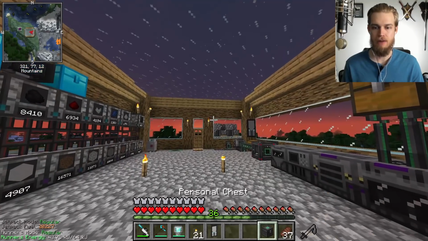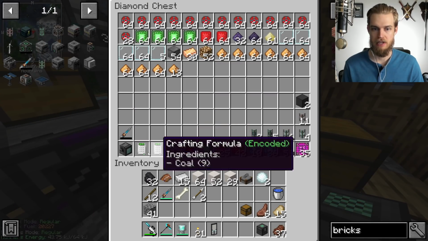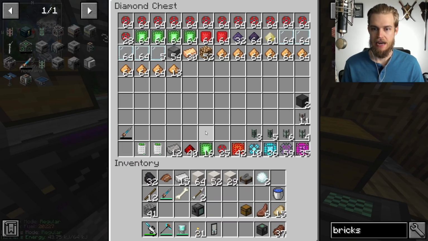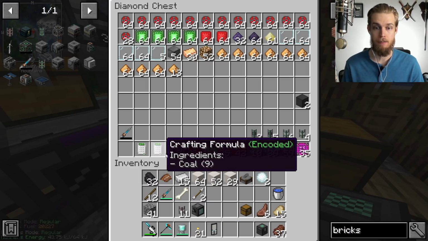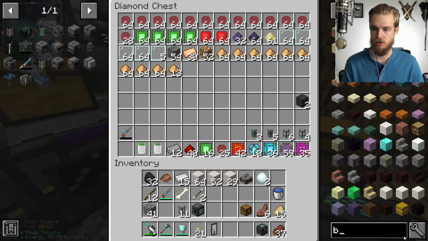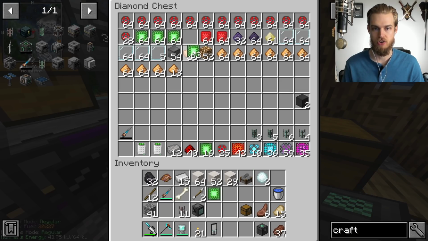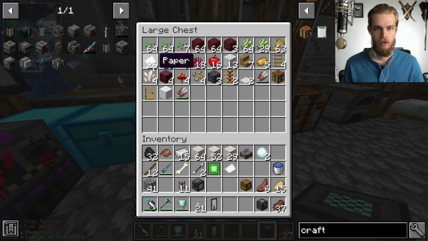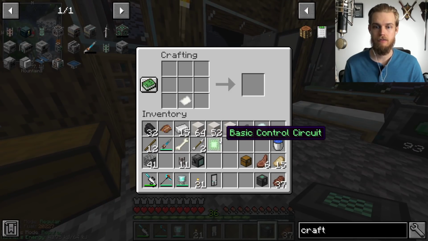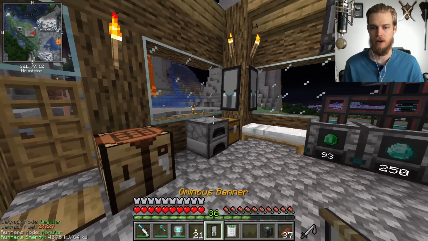Now I'm gonna grab my formulaic assemblicator. You guys are big fans of the formulaic assemblicator. There it is right there. And I'm gonna grab the logistical transporters, and then I'm gonna make another crafting formula. So let me think, I think it's paper. Yeah, paper and a basic control circuit, no problem there. I think I've got some paper in here. Yep. All right, and I'm gonna obviously take advantage, oh, by the way, I got attacked by